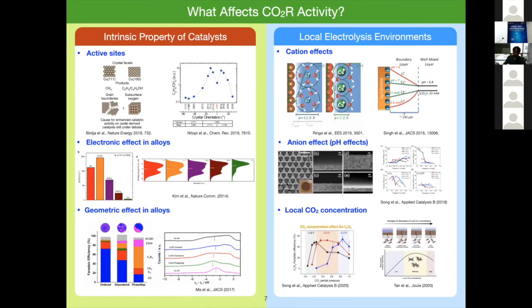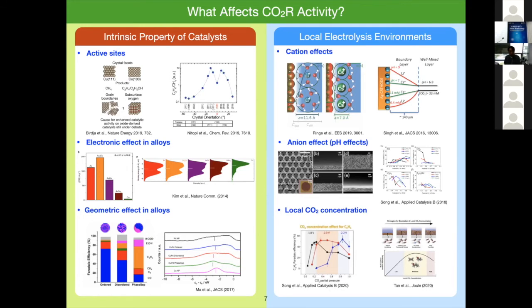The pH of the electrolyte is also important, and a high pH condition is known to be more efficient. Finally, the local CO2 concentration is also known to control the selectivity. So today I'm going to talk about why local CO2 concentration influences the selectivity on copper